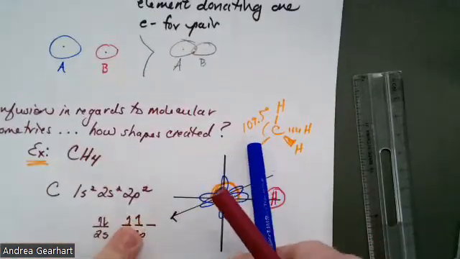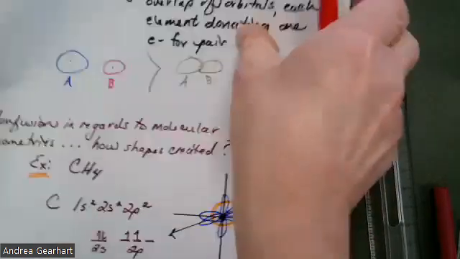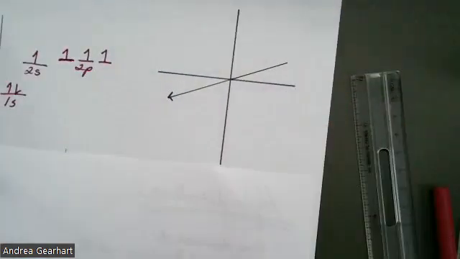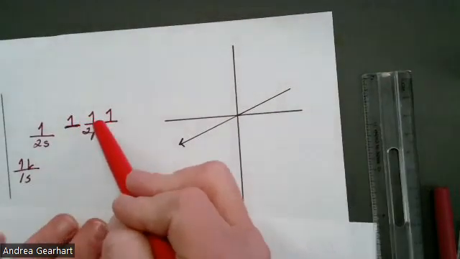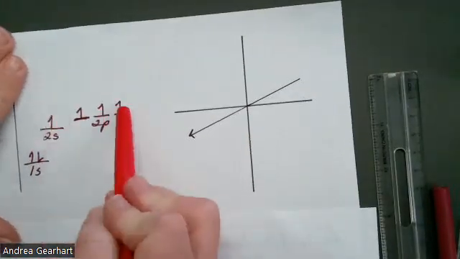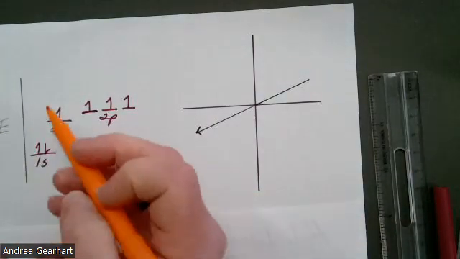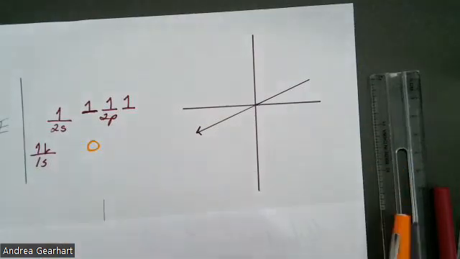Why 109.5? So our prediction is this. Our prediction is that carbon actually hybridizes its orbitals. So we have the promotion, and in essence, what we think occurs is that the s orbital